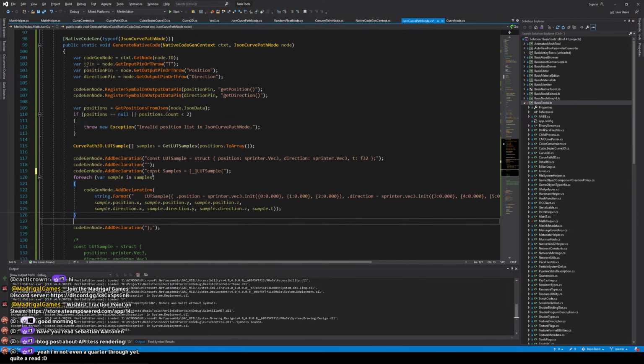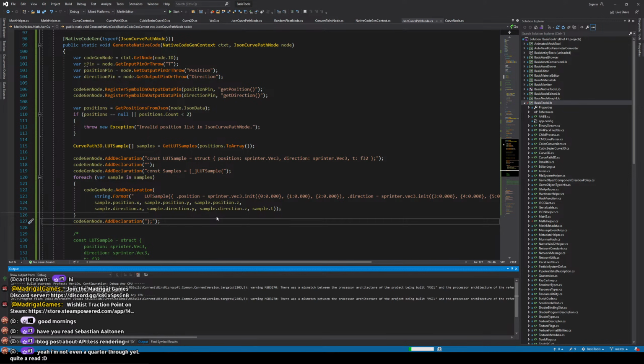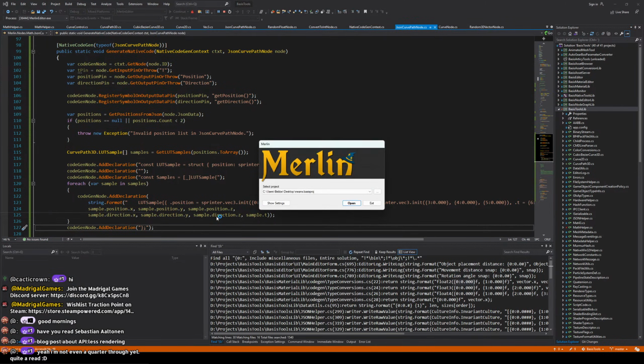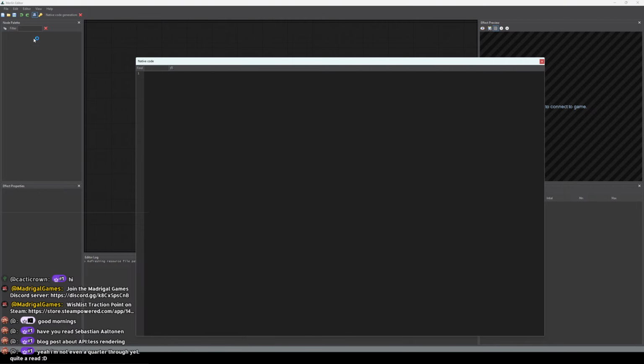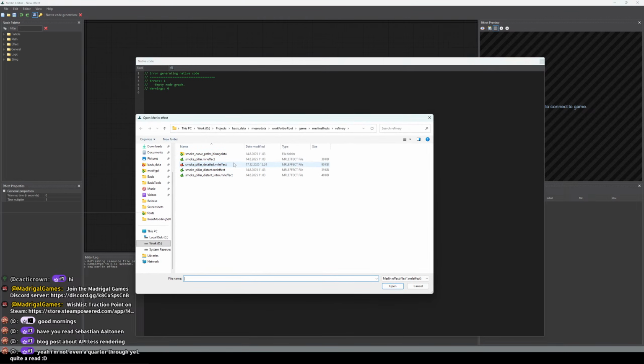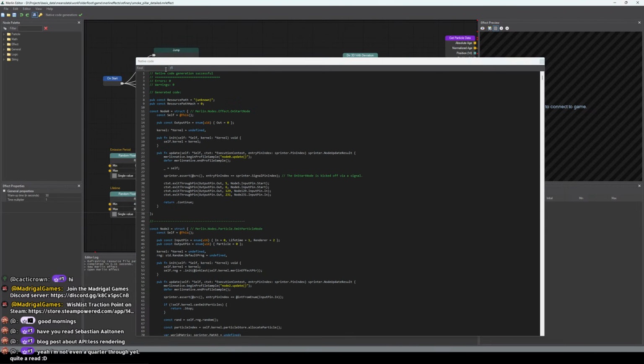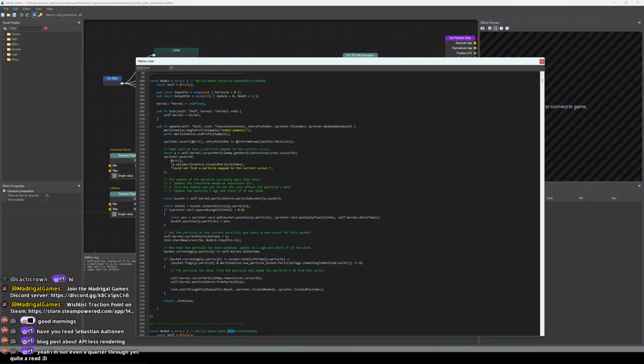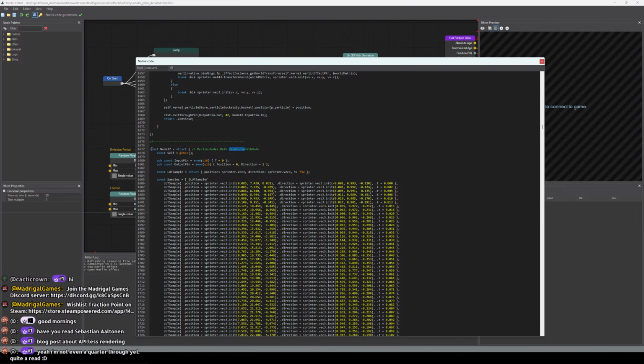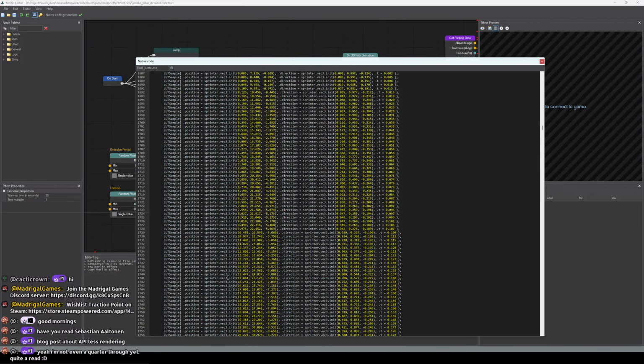So then we have the code generated. Now we're gonna need to have some way to actually sample this thing. So basically, we need to take this data and we need to handwrite the sampling logic for it, which shouldn't be super tricky. I'm going to take one of these JSON curve nodes, number 37, why not,